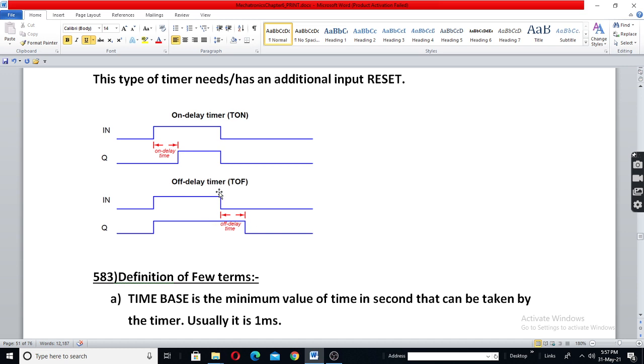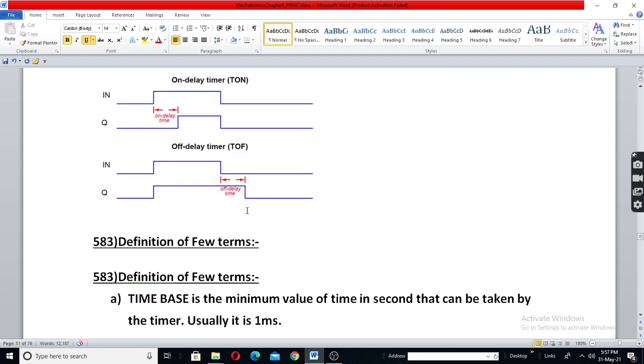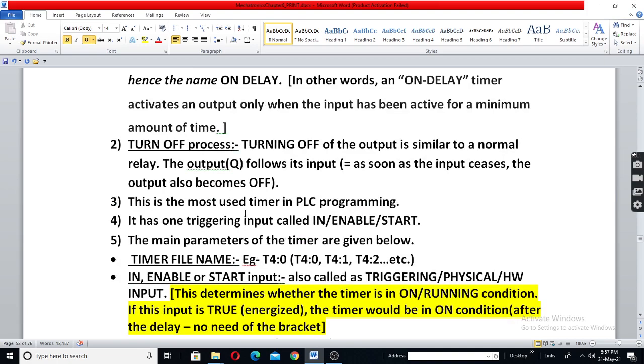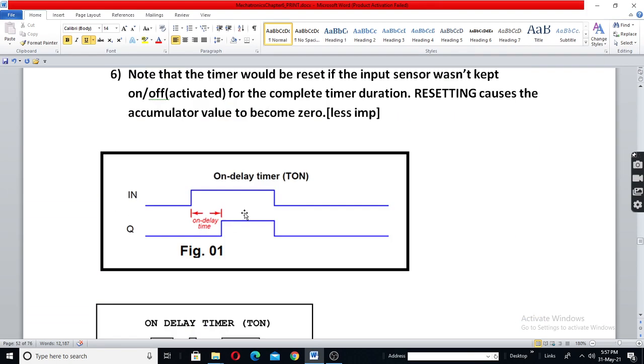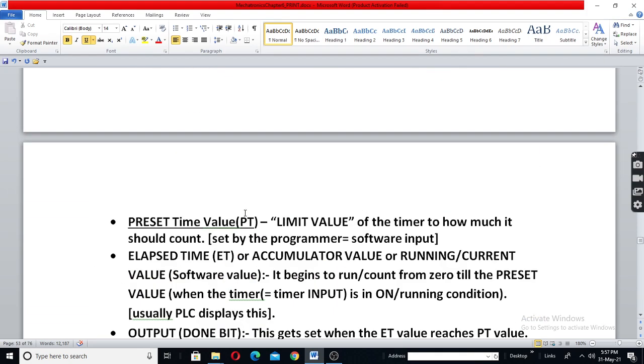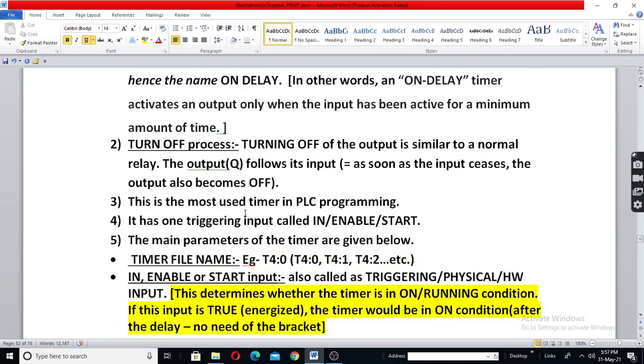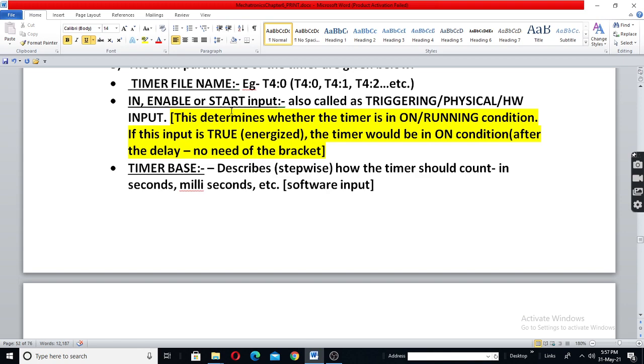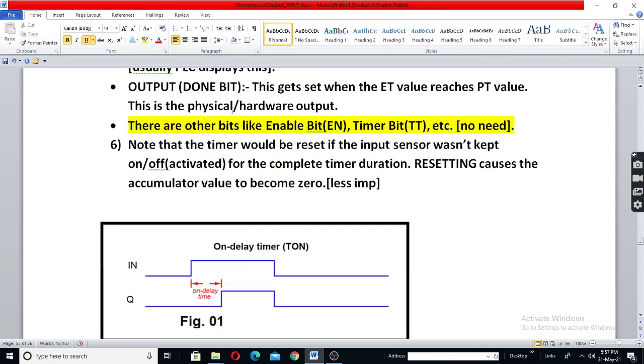Means when the input becomes off, output will become off after the delay. The delay can be programmed. Now let us see each delay one by one. Okay, there are some parameters which we will discuss later.